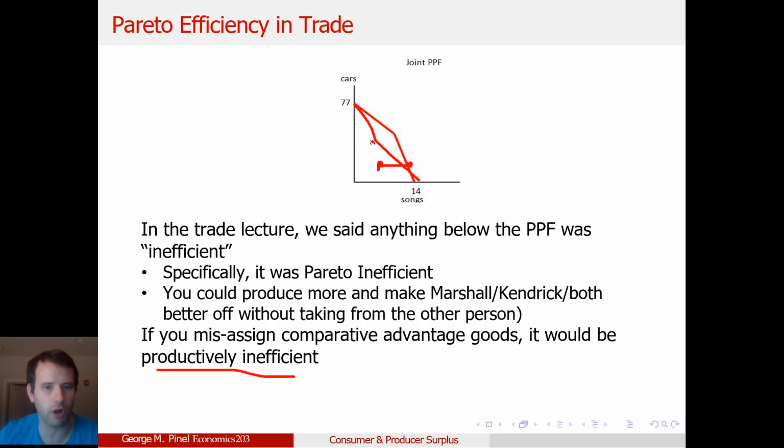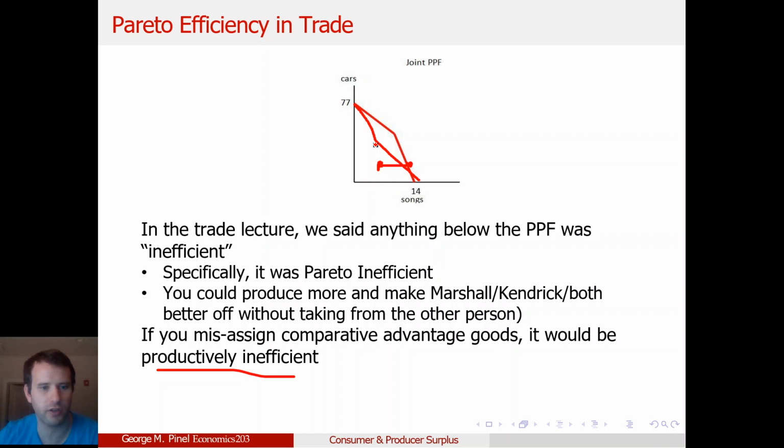It means you've assigned the wrong comparative advantage. The opportunity cost is higher here, so the person who starts with the good shouldn't be producing that good. The person who starts making songs has a higher opportunity cost for songs in this case. So they're going to be under the PPF, so Pareto inefficient, and it's Pareto inefficient because